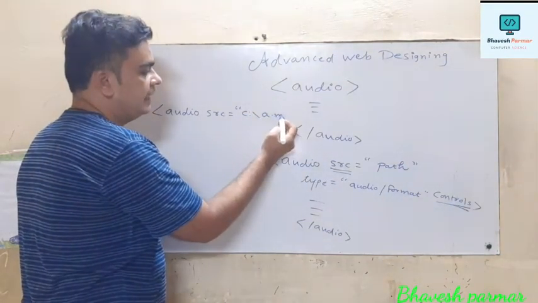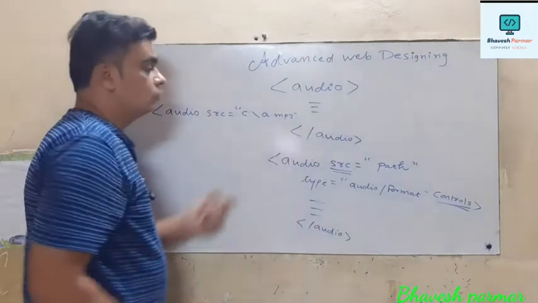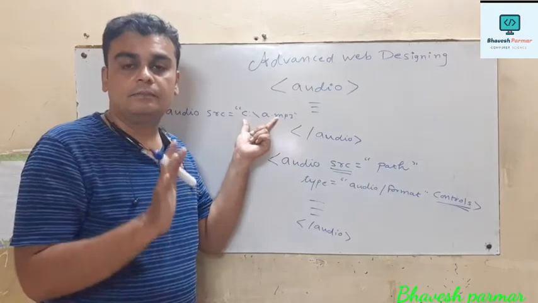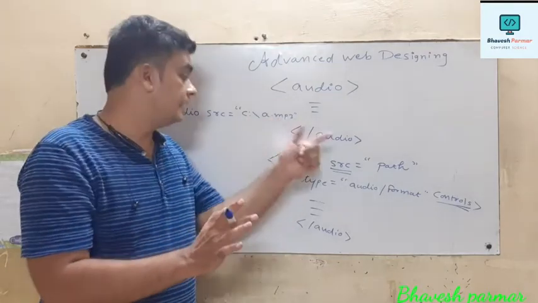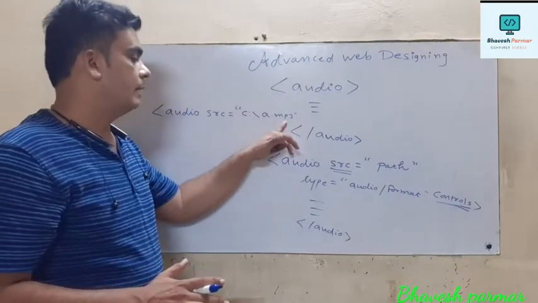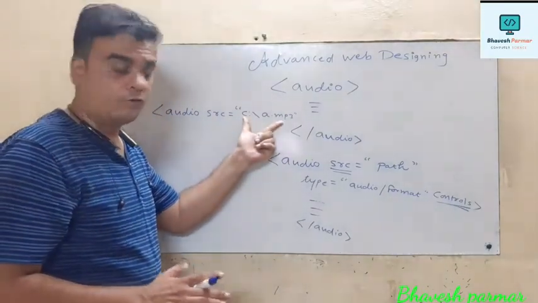Suppose my file name is a.mp3. So guys, what happened? There should be one file present on a particular drive that you want to add in this program. So this is my path of this audio file.